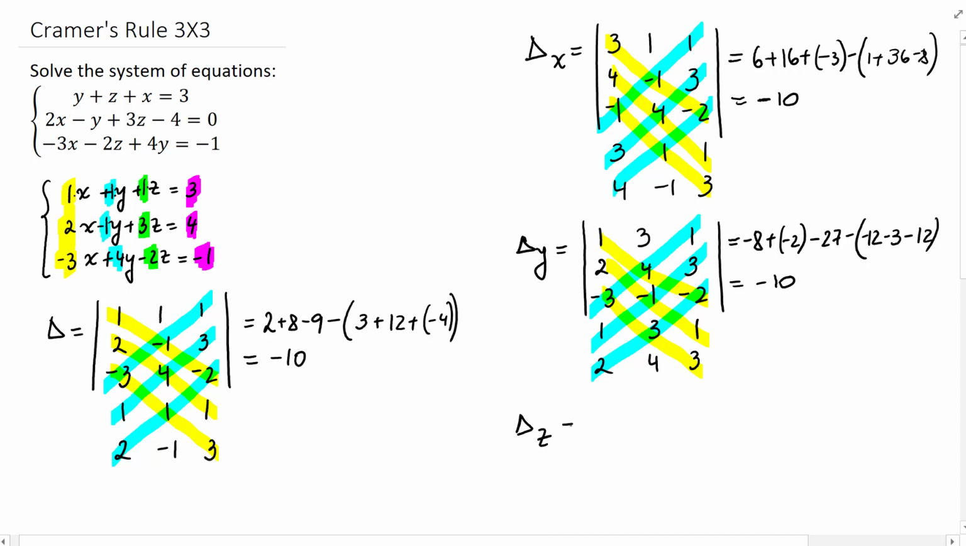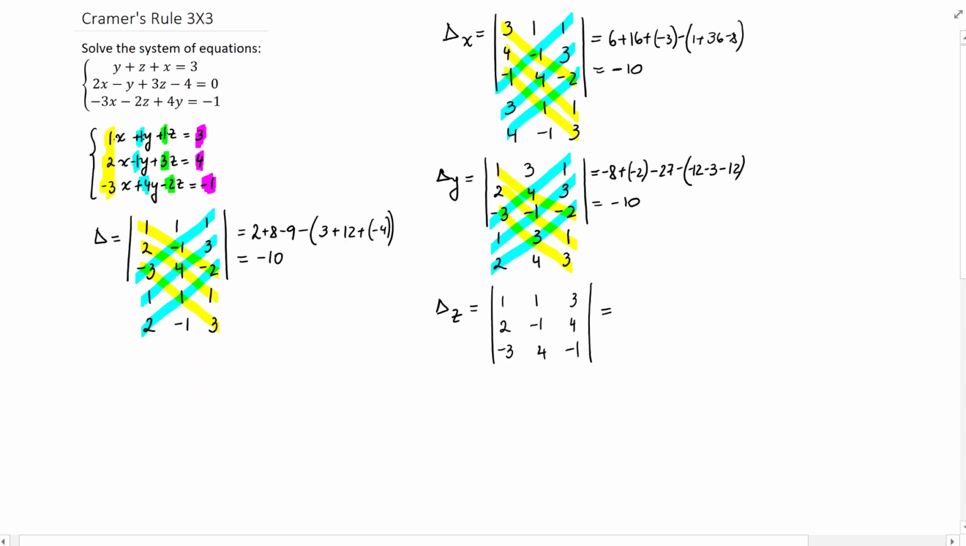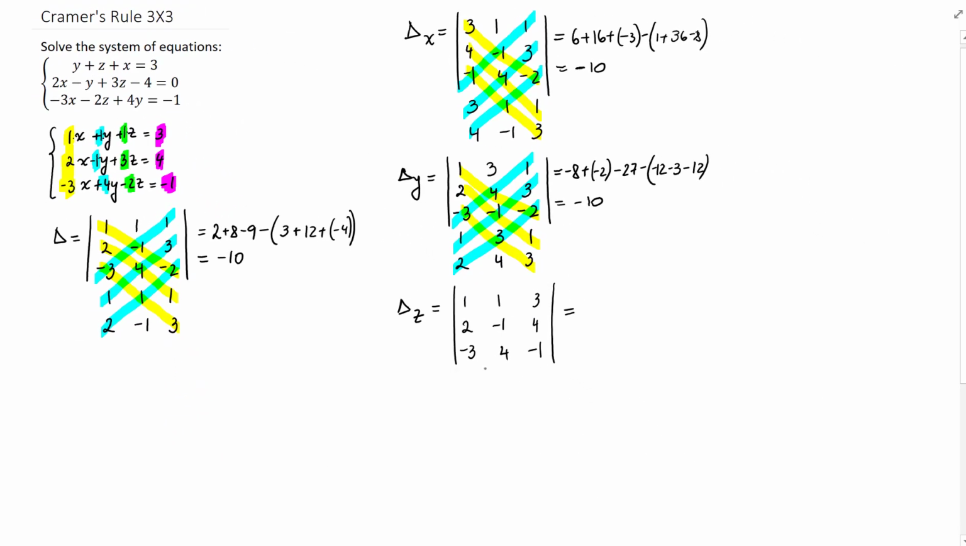Delta z means a 3 by 3 determinant where the column of z is 3, 4, negative 1, and the other two columns we copy the same. 1, 2, negative 3, 1, negative 1, 4. And again, in order to compute this, we are going to copy the first two rows,